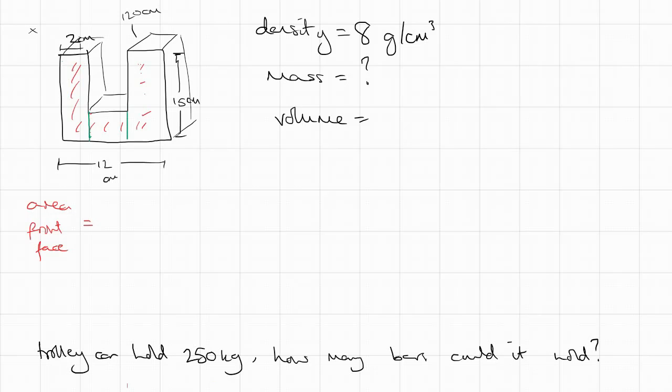So I know it's a length of 2 at the top there, and a height of 15. So the area of this is 30. That's exactly the same, 2 by 15. So that's also an area of 30. Just got to figure out this middle section here. Well, if this is all 12, and these are 2 up there, this is going to be 8, this length, because 2 plus 8 is 10, plus another 2 is 12. And this height, if the whole height is 15,